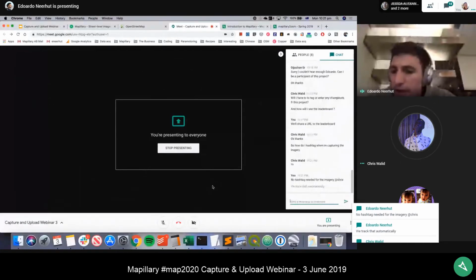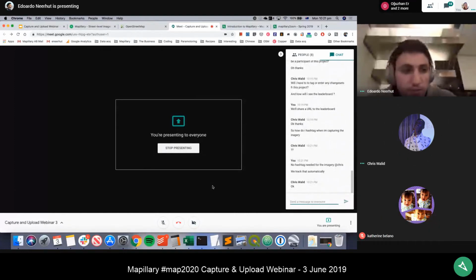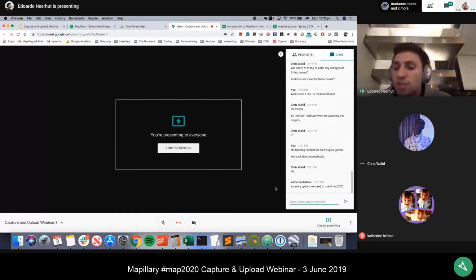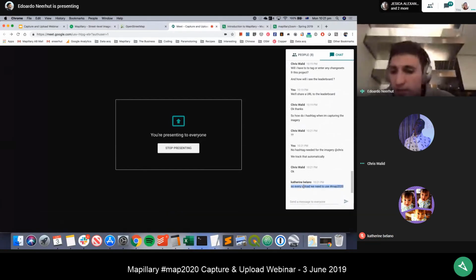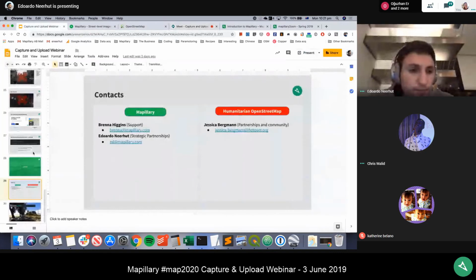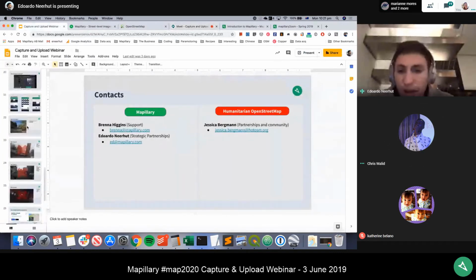Don't worry about hashtags on imagery. Any imagery that you upload, we'll know because we've got your username that you submitted for the Map 2020 project. Not every upload needs one. Uploading imagery is very easy. You just need to use the app as I showed you before. There's no hashtag needed.